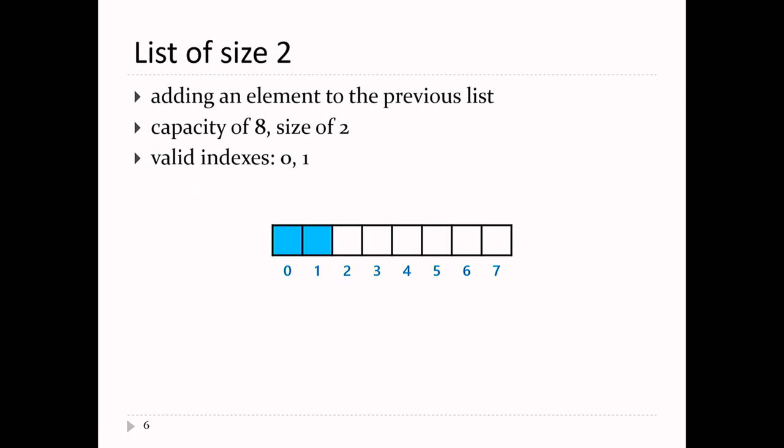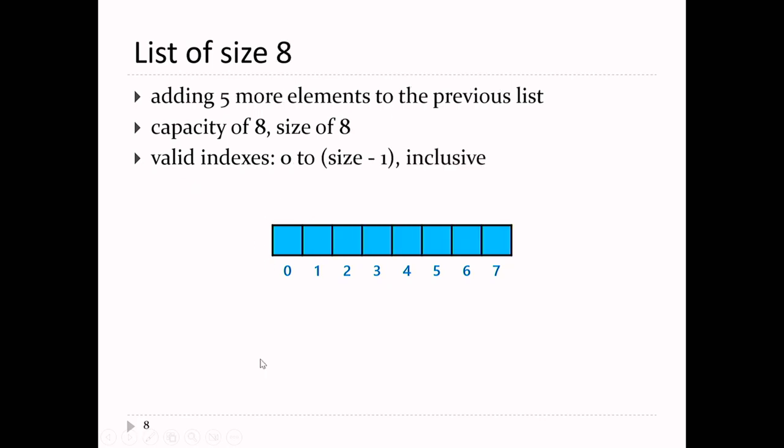I add one more element. So that's an array, a list of size 2. Capacity is still 8 because I haven't changed the array yet, and my valid indexes are 0 and 1. Okay. So if I add a bunch more elements to the list to fill up the array, then I've